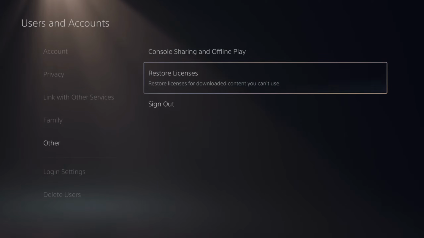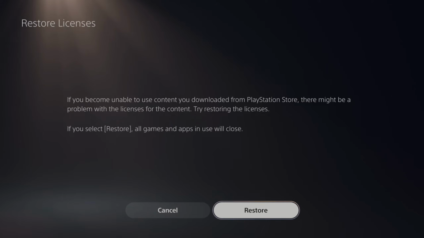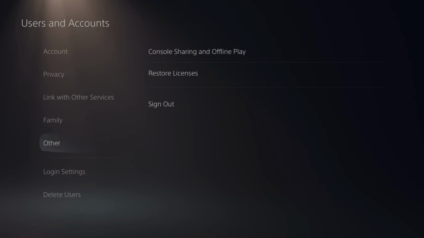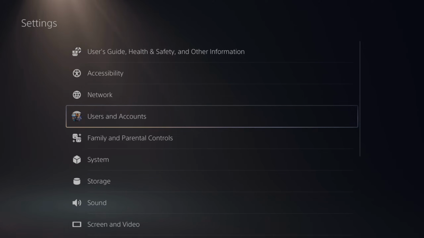Then we can go to restore licenses. And this says, if you become unable to use content you downloaded from the PlayStation Store, there might be a problem with the licenses for the content. Just try simply restoring it. This should only take about 2 or 3 minutes. Go ahead and do that. Now let's back out of here and go to the main settings menu